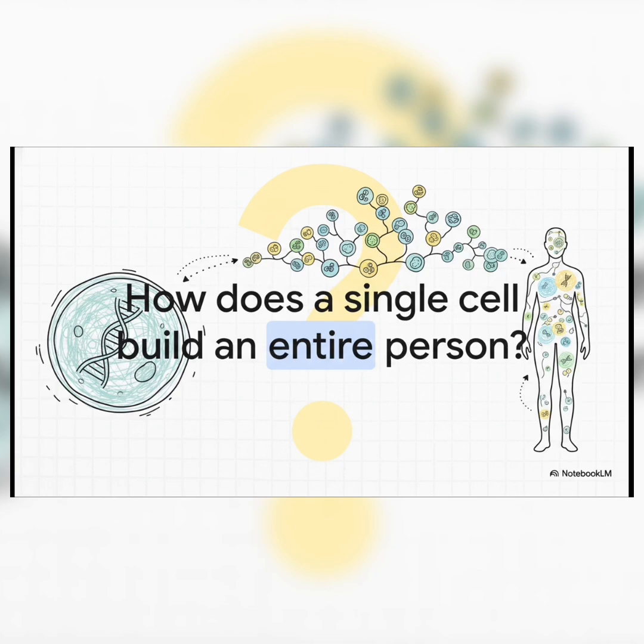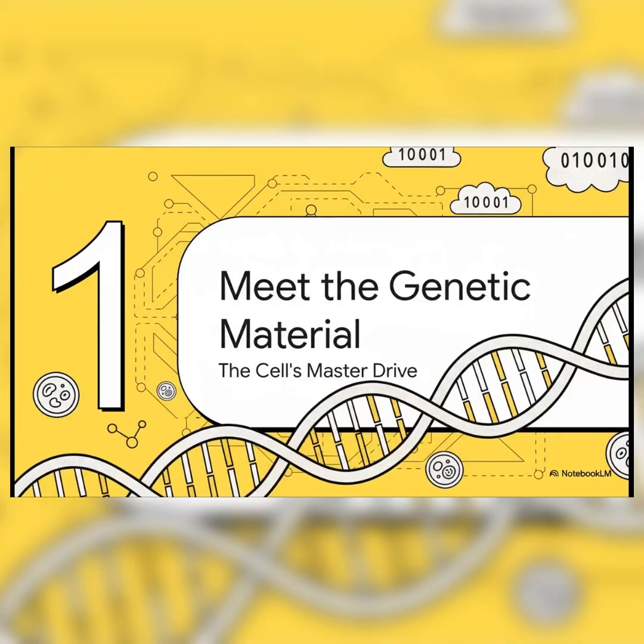How on earth does a single cell manage to hold the complete set of instructions to build an entire person? I mean, it's kind of mind-blowing, right? Every single one of the trillions of cells in your body, it all started from that one little cell. Well, the secret, as you might have guessed, is in something we call the genetic material. The best way to think about it, it's like the cell's ultimate hard drive, a biological server that stores every single byte of data needed for life, from the simple stuff to the really complex things like making more of